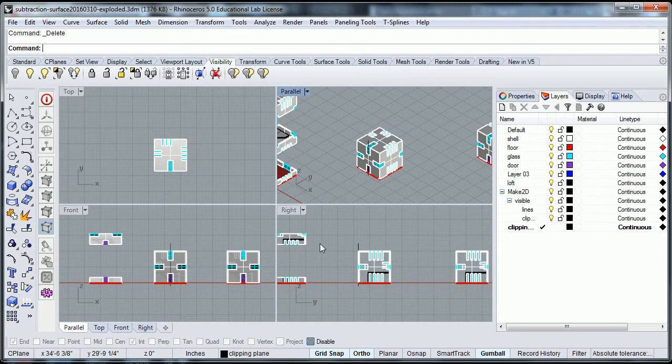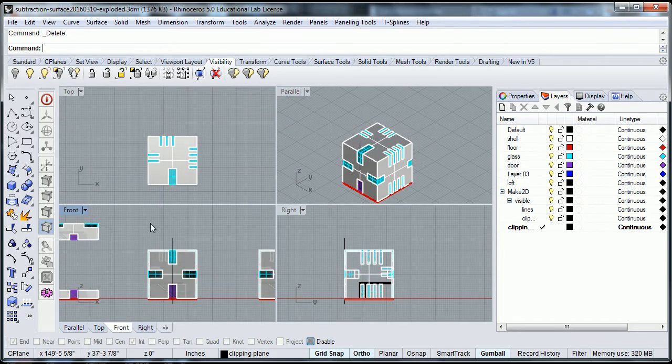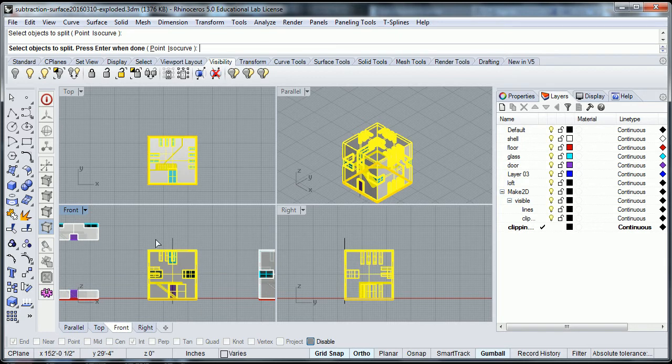Okay, so now that I have a safety copy there, I'm going to split this thing. So if I go into the front view and do the same command, split, select by window everything, enter, and then select the line that I'm going to use as the cutting surface, enter,